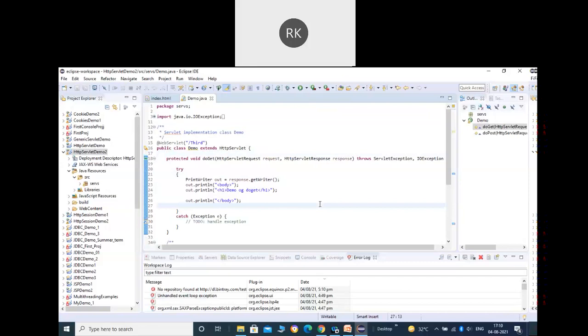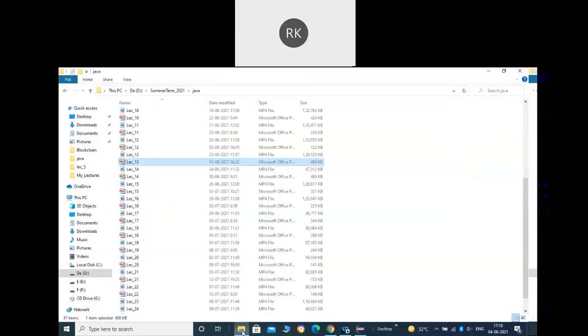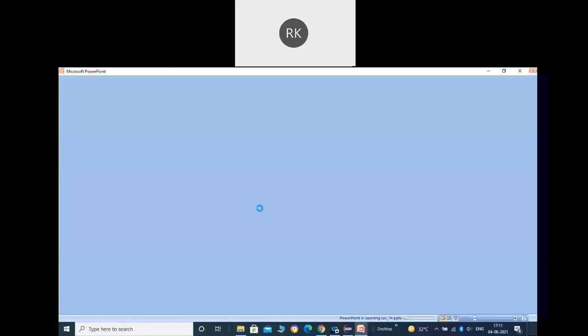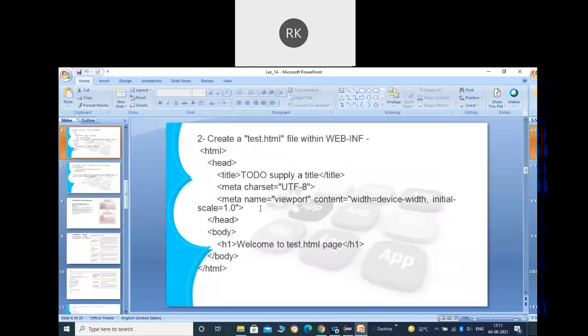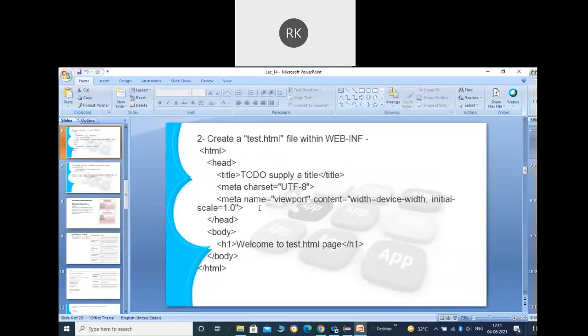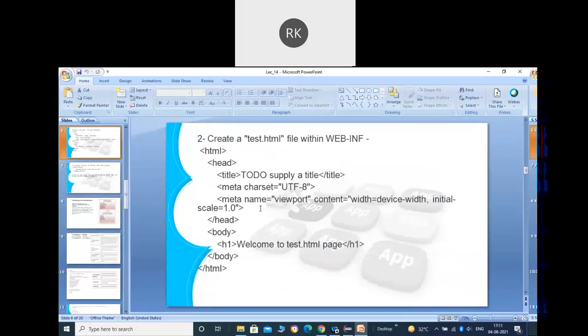And when we click on the link, demo or login, this is what we are getting. So you can see this is the short way to create the servlet. You can directly select the servlet in place of class, and you will get a sample servlet that you can modify according to your requirement. All right. So let me know if any one of you is having any doubt on this one.